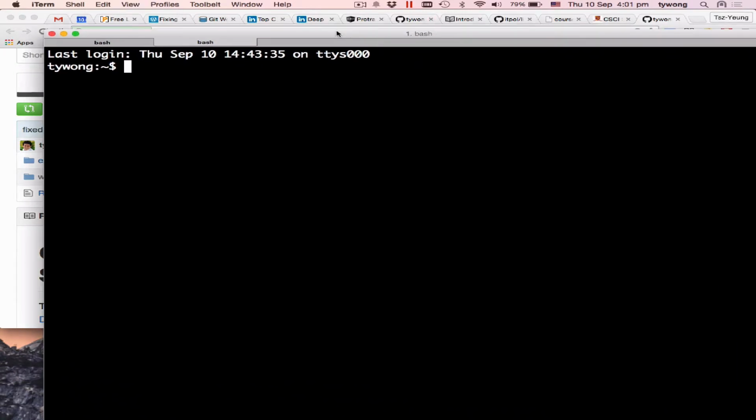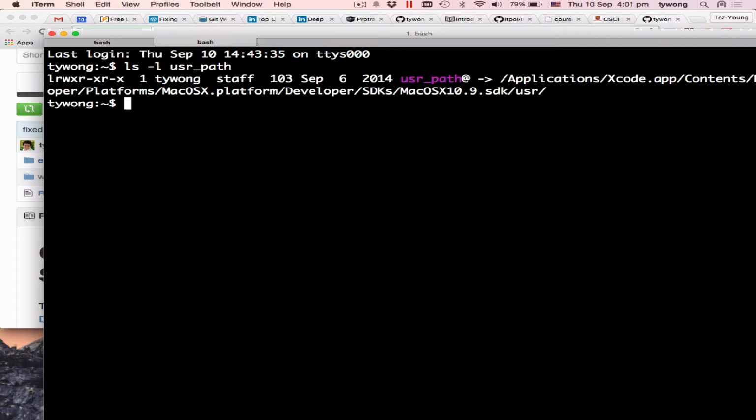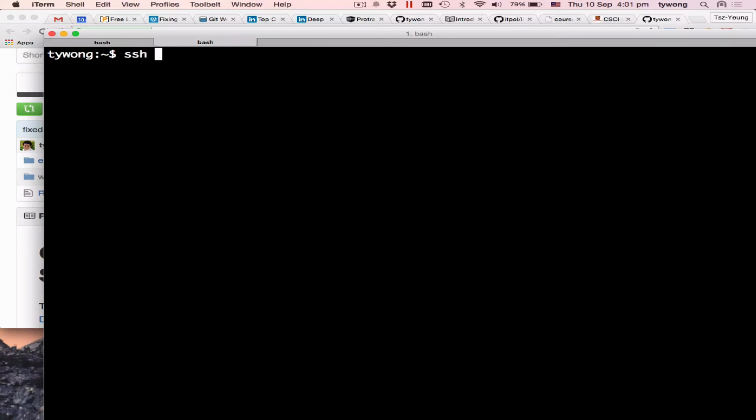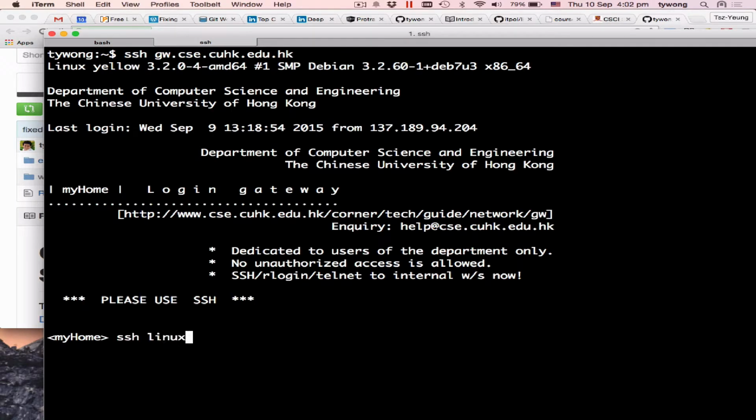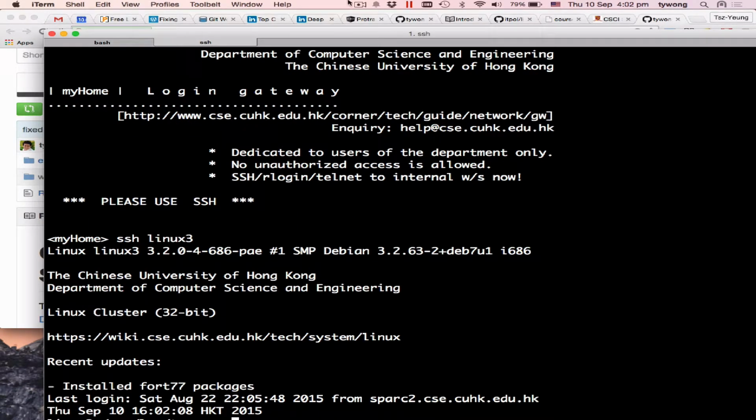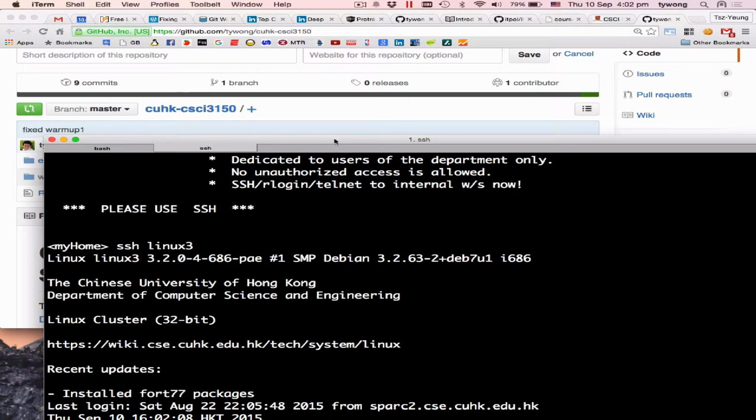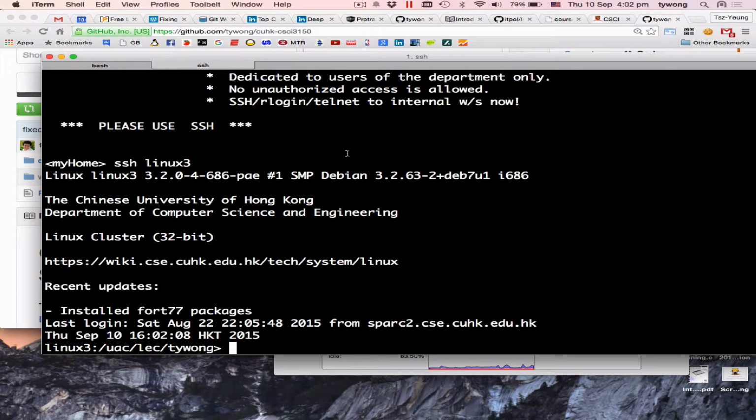Now, this is the location for Mac. Okay, I always save it in a user path. It is so long, I hate it. Okay, so I SSH to a Linux machine so that you will understand. Okay, so where can I go? Okay, I can go to here. I go to a public department Linux machine. I don't go to my own machine. Linux in our department. Oh, too big. So this is the Linux, free.